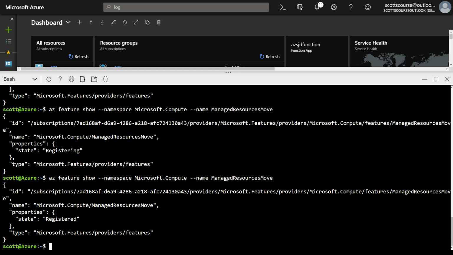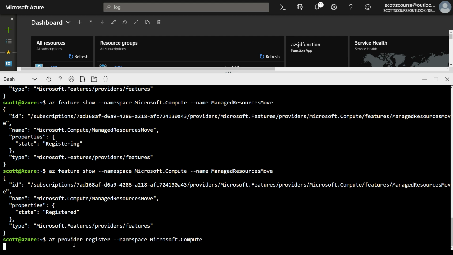All right, so the ability to move managed resources has been enabled on my account. Now, the next thing I need to do is re-register the compute service. Microsoft recommends this because now that we've touched the managed resource namespace, we're going to register this again. And now that we have the ability to move compute resources and managed resources, we should be able to close